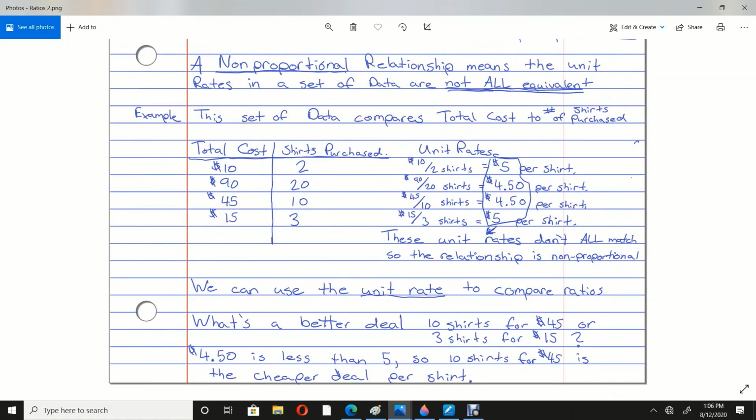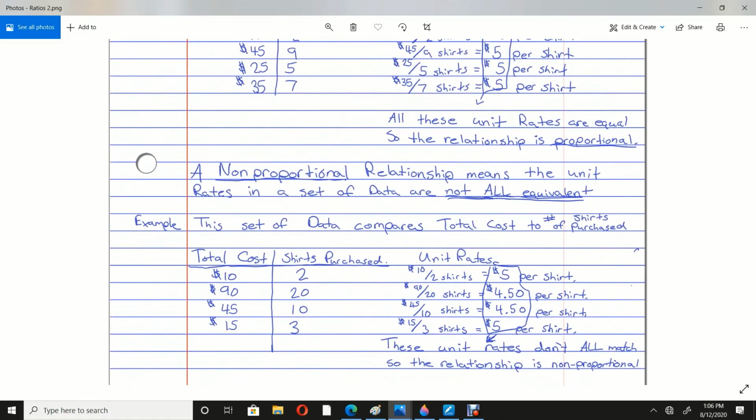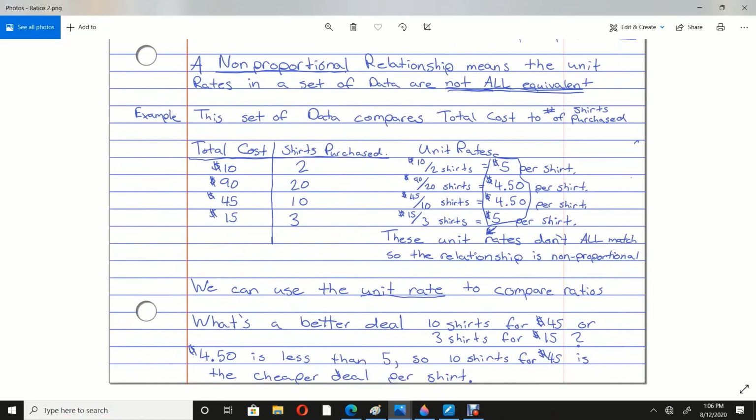Again, you might not have $90 to budget or $45 to budget on a shirt. But anyway, take your time, make sure you get all these notes,